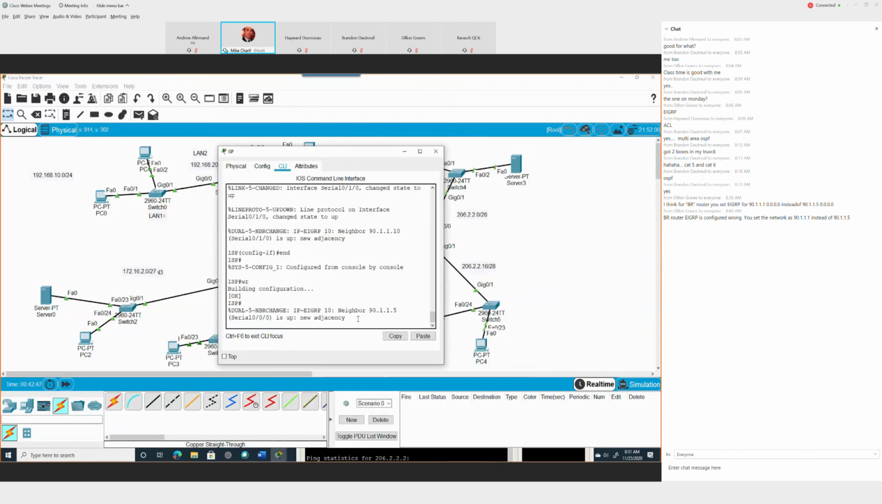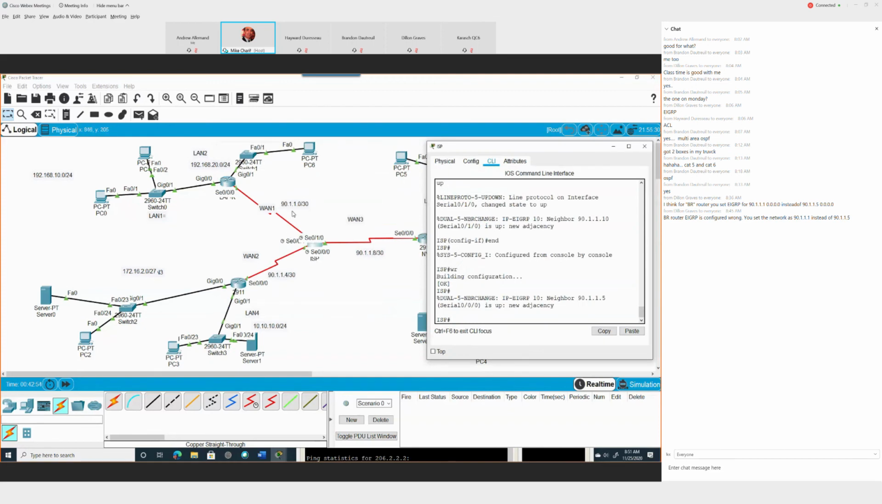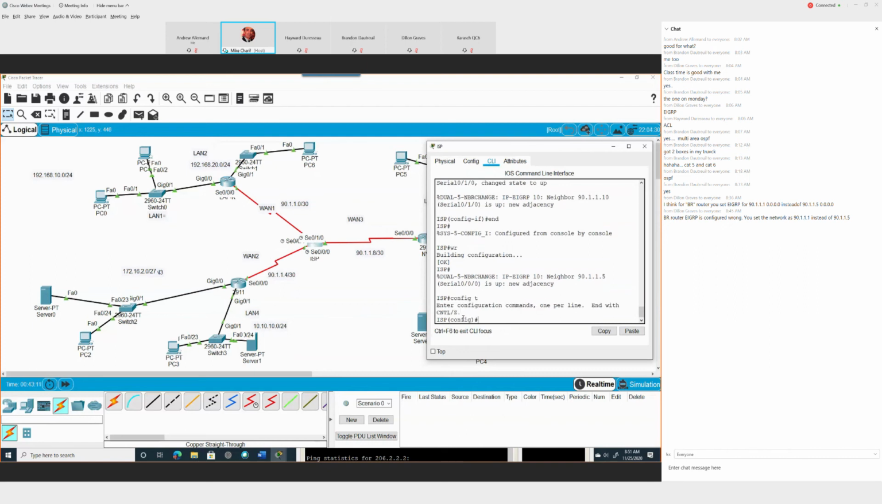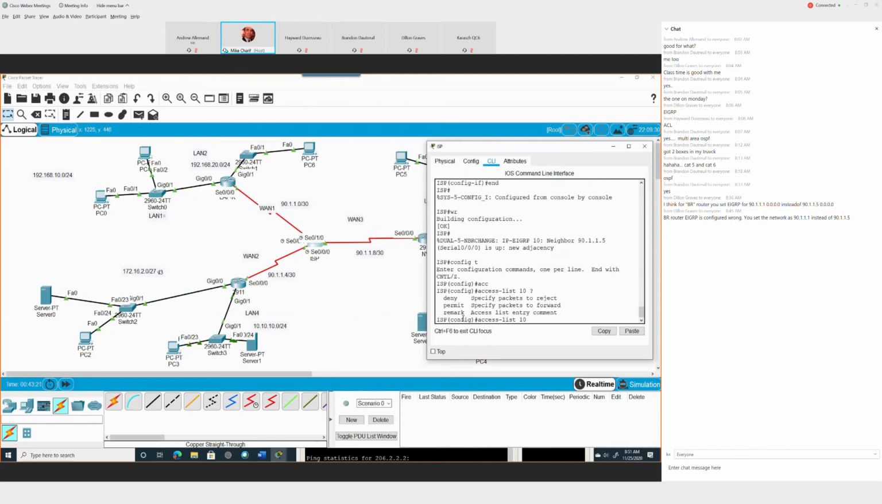So we need to go to this one here, to the ISP, and I need to block from this interface and this interface, from S0/0/0 and S0/0/1. So we're going to put config T. We need to put IP, what do we call it? Access list 10, question mark. We need to deny